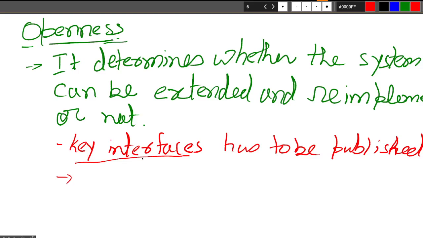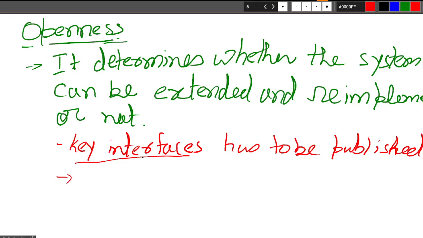Now also, if you are from a different heterogeneous environment, even then how you have to use these key interfaces and mask your heterogeneity, all of that comes within openness.